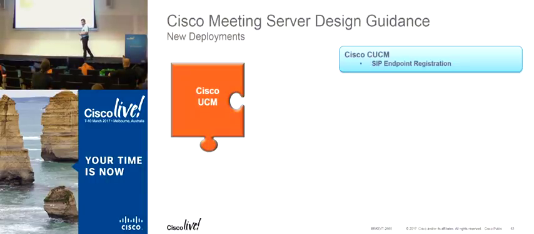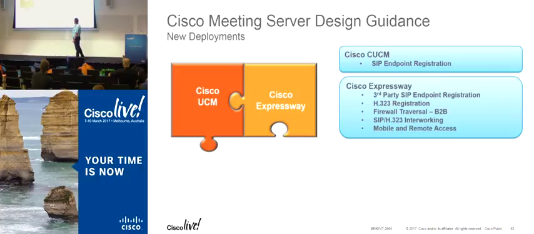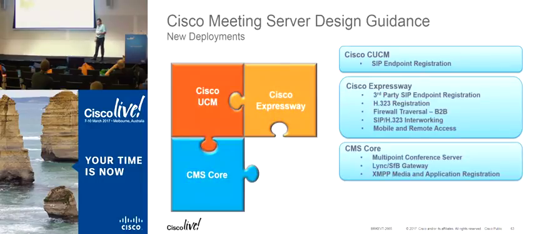In summary, for new deployments, we use Cisco Communications Manager as our SIP core control. Our Expressway does our third-party endpoint registration, H323 registration, mobile and remote access, SIP and H323 interworking. That's all done on the Expressway. The CMS core is our multi-point conferencing server, and it's our preferred conferencing server within the collaboration architecture today. The Skype for Business Gateway, which provides our RTV interworking, does all of our interoperability and our application,